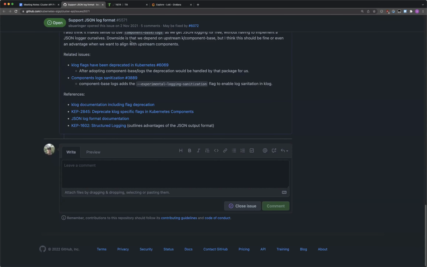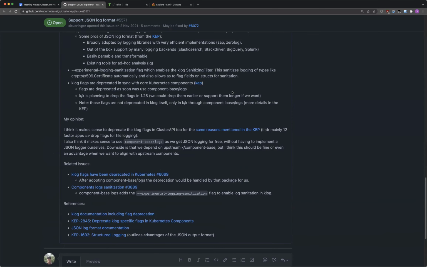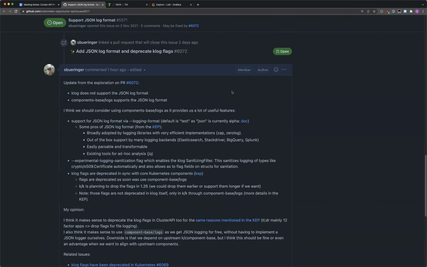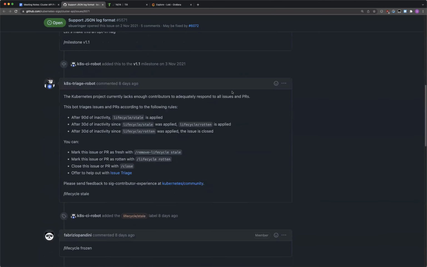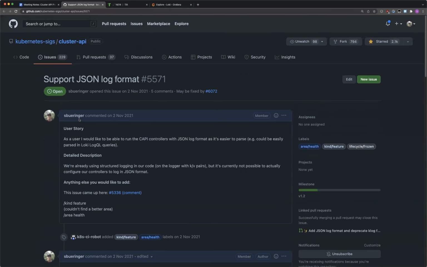Okay, good. So the first topic is JSON log format. We had an issue for a while that I created, that we want to support JSON log format. Currently in Cluster API, and I think in the other providers too, we are using Klog, and Klog only supports the text format by itself.